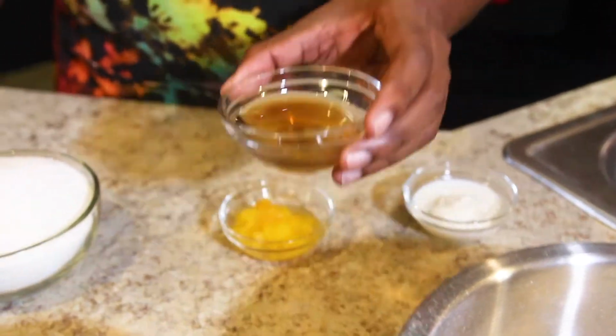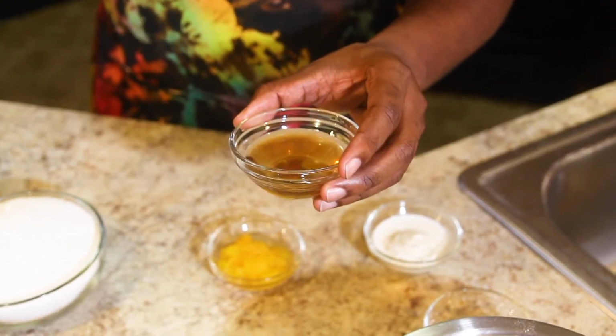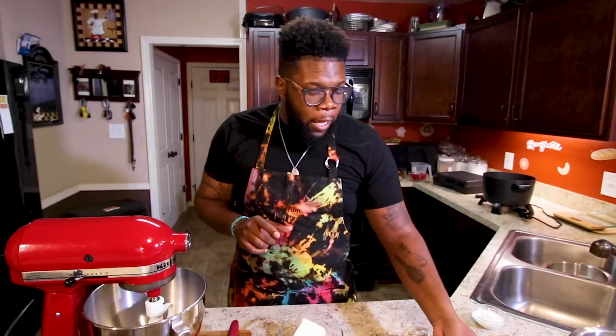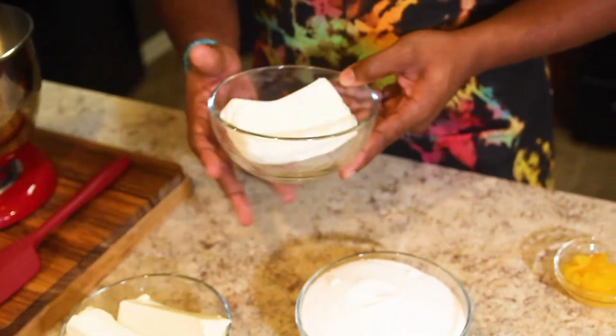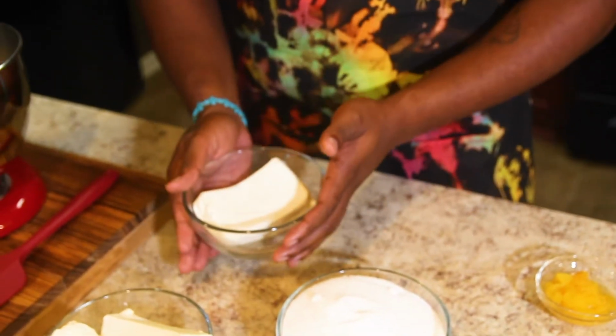And in here we have all of our flavors and extracts. I have about a teaspoon of good vanilla, a teaspoon of peach liqueur, and a tablespoon of the peach juice as well. We've got 6 eggs, 3 cups of granulated sugar, 3 sticks of butter, and 1 8-ounce block of cream cheese for